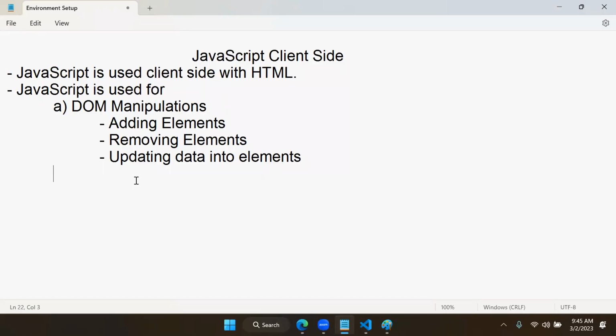Next important, another work: actually JavaScript is not only for DOM manipulations. JavaScript can be used for handling browser objects. JavaScript is very popular for handling browser objects. Browser objects means,